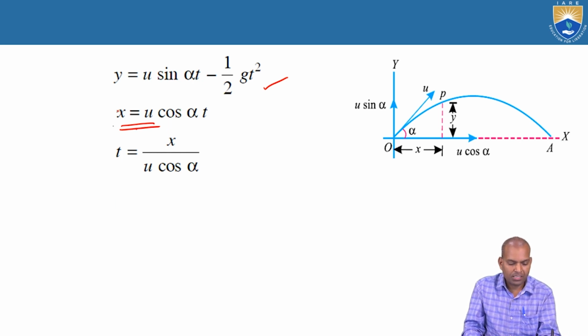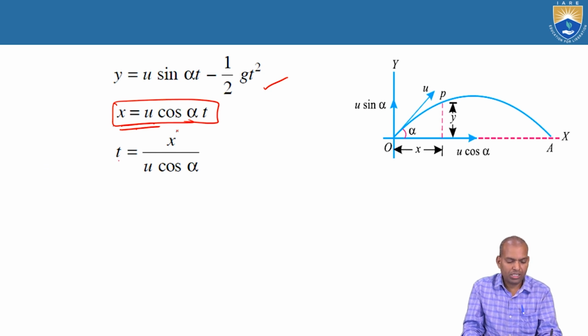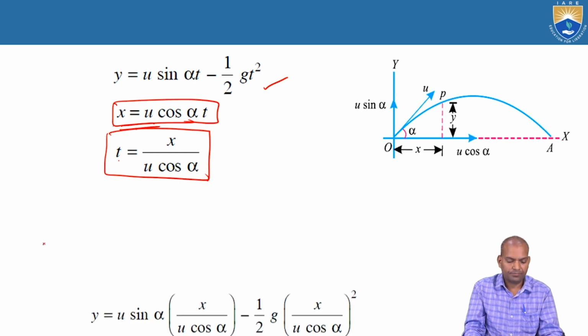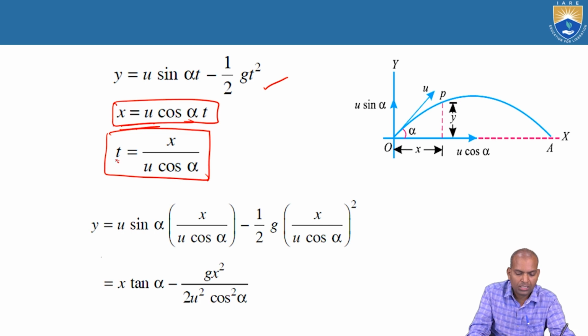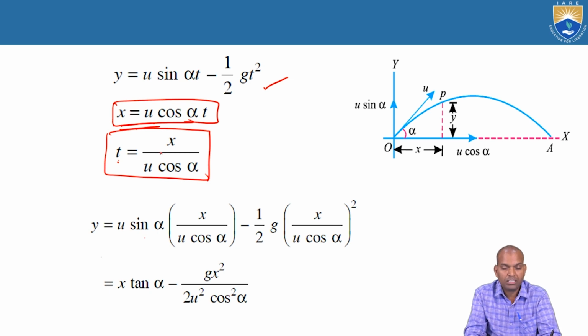From this equation, x equals u cos alpha t, so t equals x by u cos alpha. Now if we substitute t in the above equation for y, that is u sin alpha times x by u cos alpha, minus half g